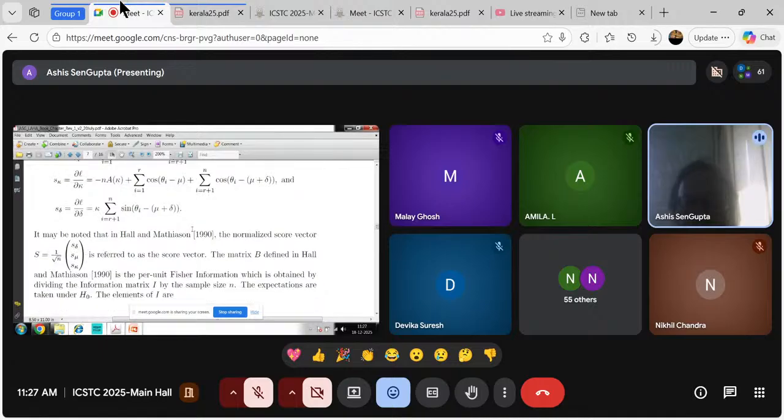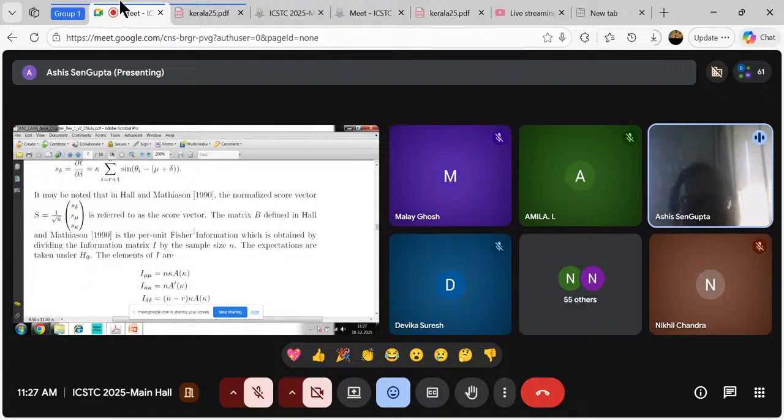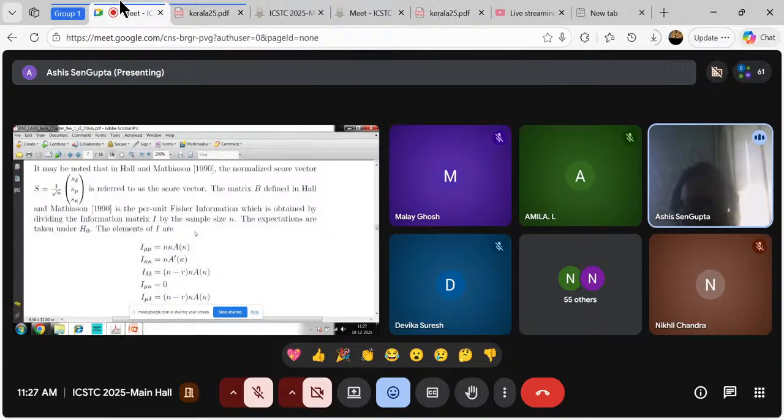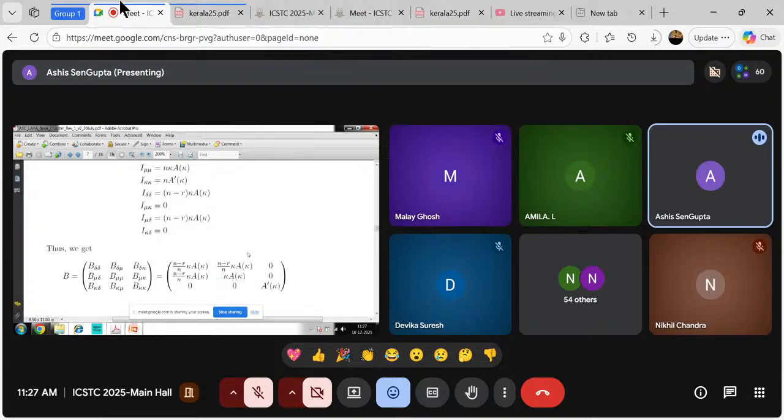The matrix V refers to the information. This is obtained by dividing the information matrix I by the sample size. The expectation taken under H naught is that the element is computable, and we can look at the I view. Looking at this form, the asymptotic distribution is uniform, that is getting from the V. You see here all divided by the quantity. So this is the main matrix that we will